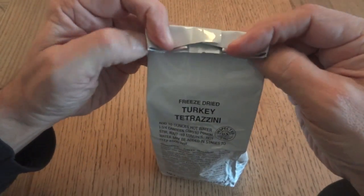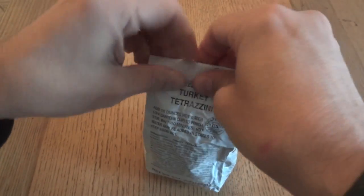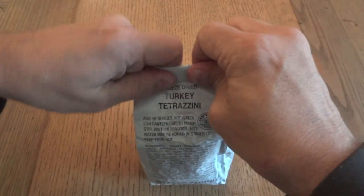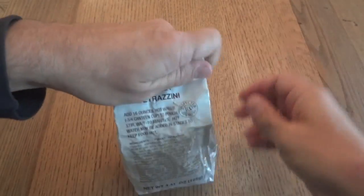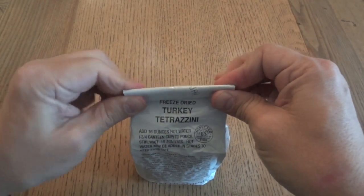And to do that, we're going to fold the top of the bag over, and I'm actually going to use the length of the top of the bag to give it a good enough seal that I can actually shake this up. Make sure it's really mixed well. It seems like whenever I do one of these, I always end up with a little bit of dry bits in there. And so you're going to put this off to the side and give it about 10-15 minutes to reconstitute,